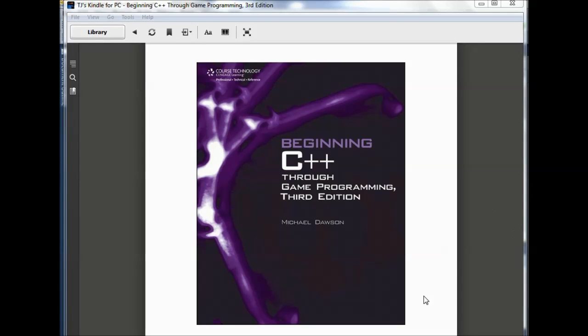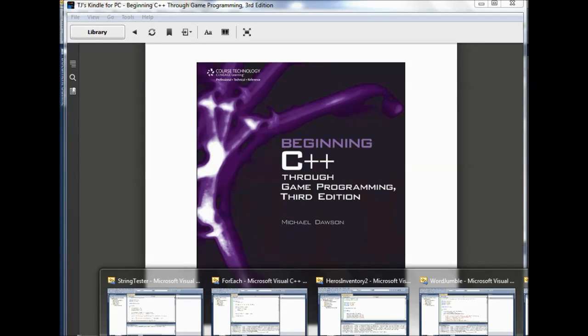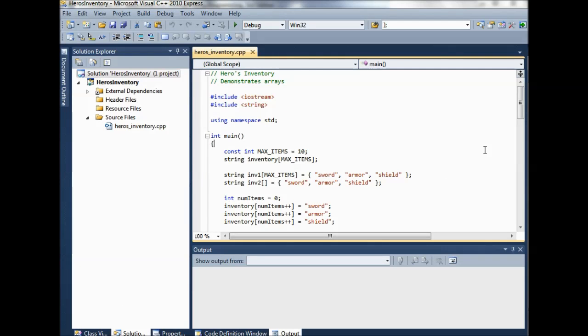Okay, so if we go back and look for a second at the Heroes Inventory program, remember that one where we had an array of string items in our inventory, and we saw there were some limitations in using an array. One thing we had to do was set aside a specific amount of space. Like we just have exactly 10 items, or if we used this form here of initializing with